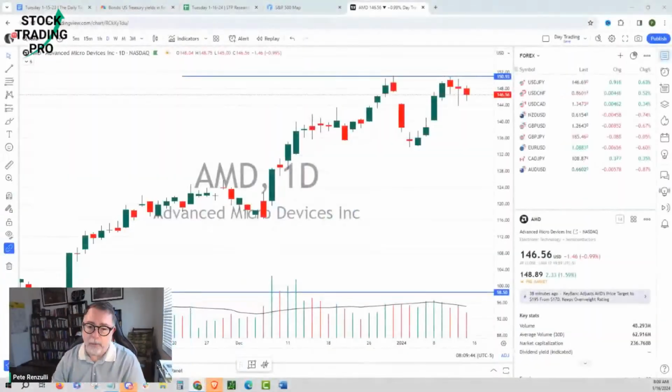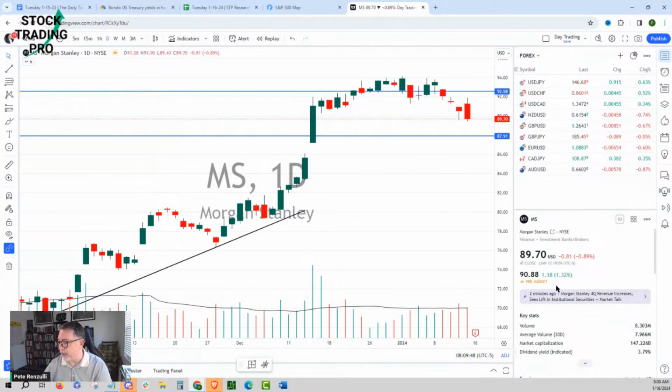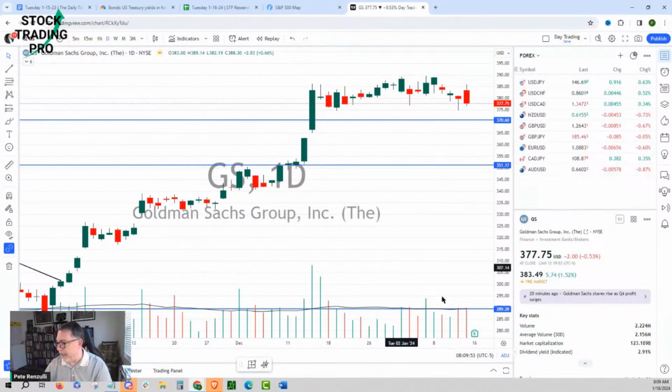So is it time to sell the news right now? Well, we have a lot of sell the news. We have Morgan Stanley coming out today, which is up just a little bit, just reported. We have Goldman Sachs, which reported today, and that's actually up a little bit. It was up a little bit higher. Remains to be seen today whether or not stocks are going to hold that bid. That's the big thing. We have the news, and then we have follow-up.